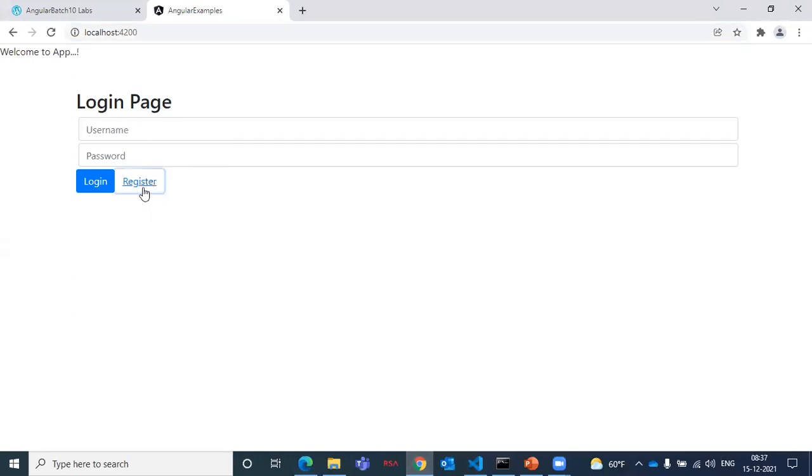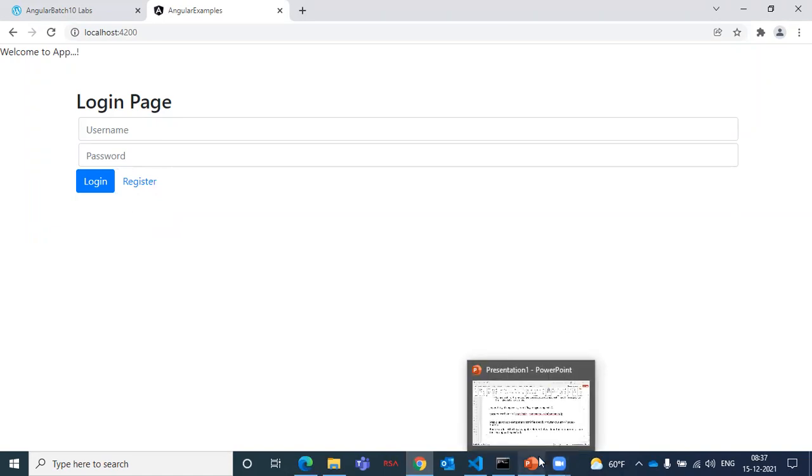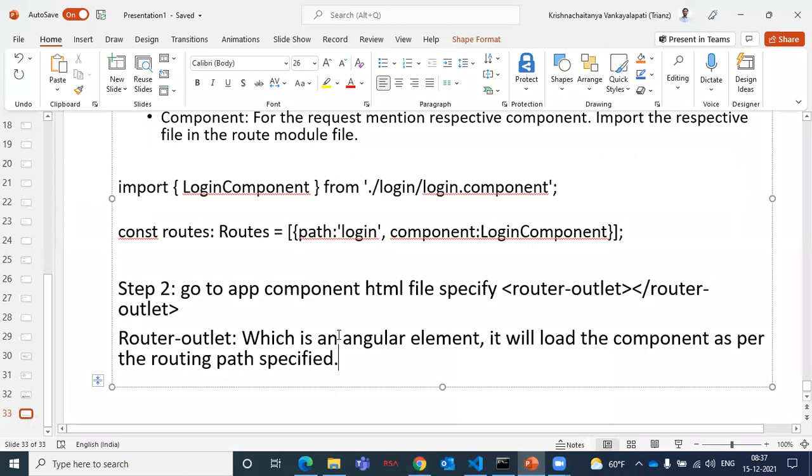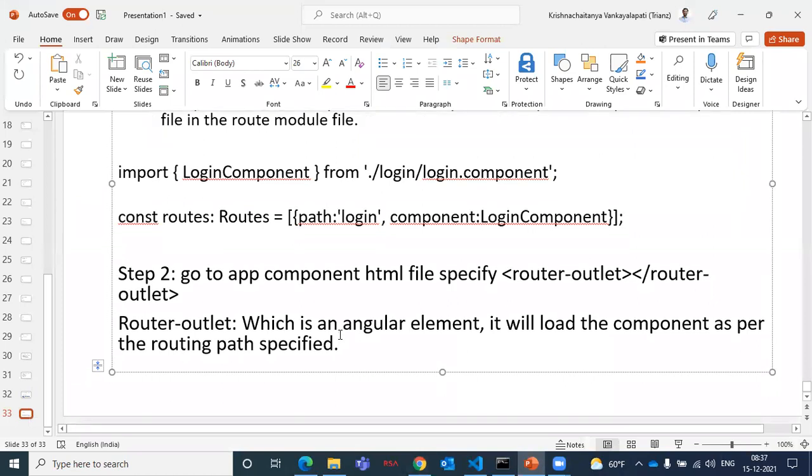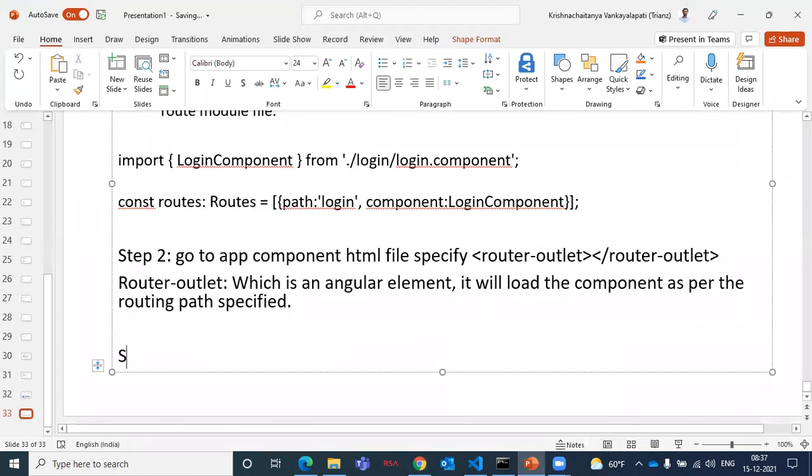Once you click on register, you need to link it up. The link is not yet done. We have done with step 2 only. So we'll take notes on the default also. Let's wait here. Step 2 done, right? Go to the specific component, mention step 2 done. Next, step 3.